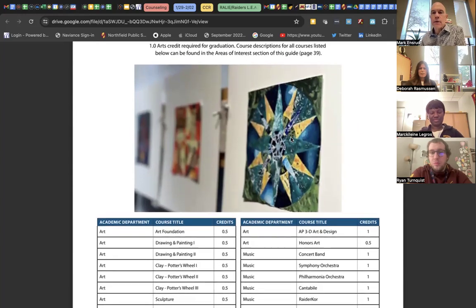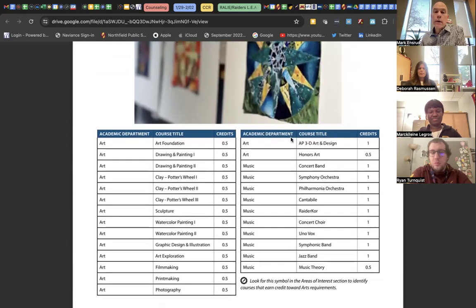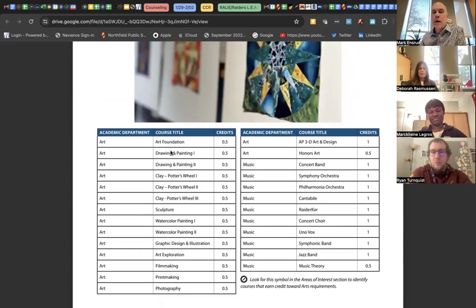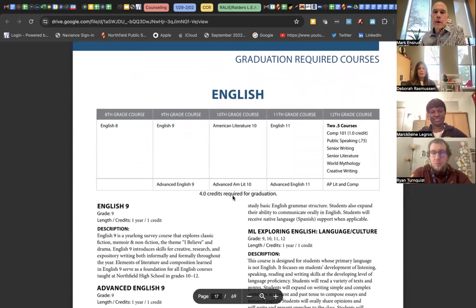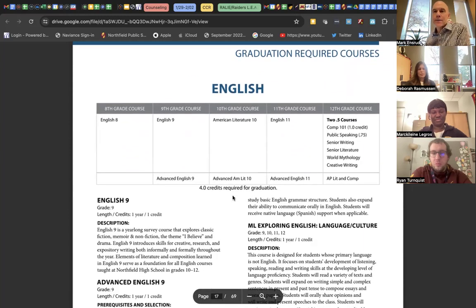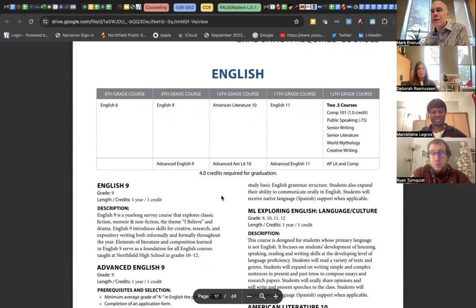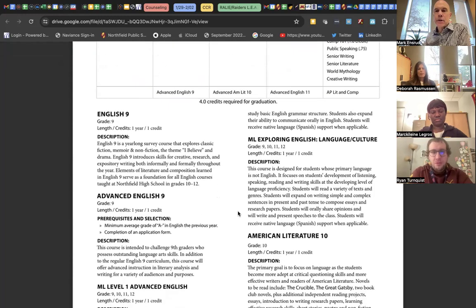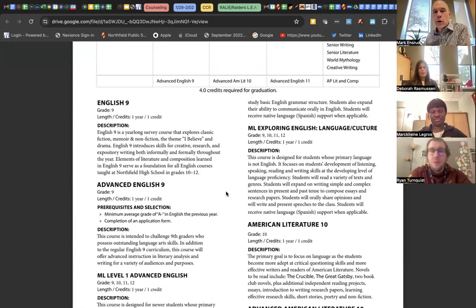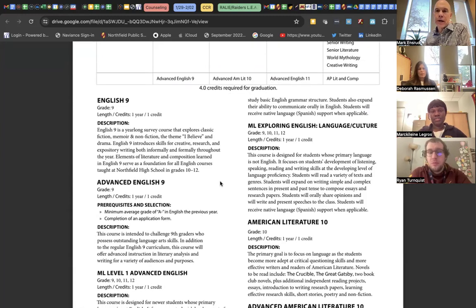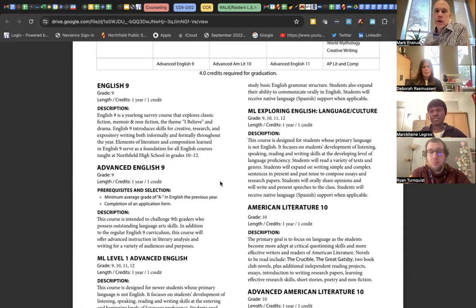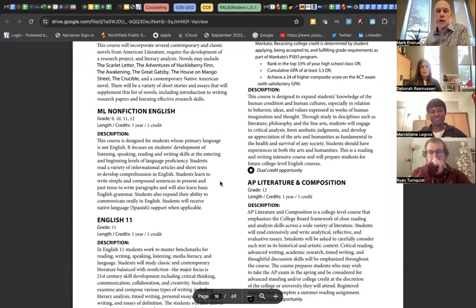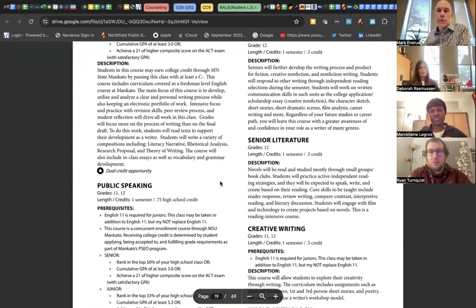So the arts section gives you, for the coming year, what counts towards the arts requirement for graduation. There are course descriptions of all these different offerings later on in the guide. Once you get into the grad required subject areas, it starts with English. You can see the layout and design for the grad required stuff, and that is a little bit of a pathway chart at the top. And you can see kind of chronologically what your choices are for each grade level as you move through Northfield High School, specific to the subject area. So we move through English, and we can do the same through all of our